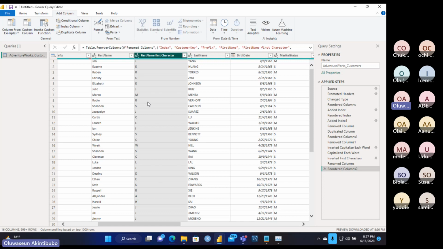So I want everybody to extract the first character of the first name as I did, and extract the last 2 characters from the last name.